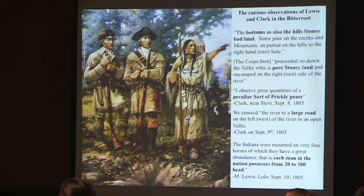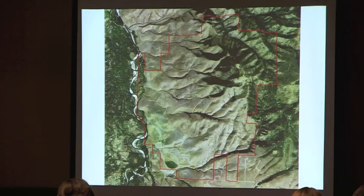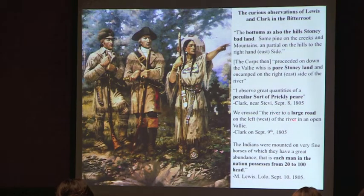They had two guys carrying their dog through the valley because the dog was so pricked with prickly pears that his feet were infested and he couldn't walk. And Lewis was hobbling along. I mean, they were wearing leather moccasins and trying to walk through this huge amount of cactus. Why is there so much cactus? I mean, this land that they're walking through, it sounds like it's better now than then. We've got a lot of cactus, but anyhow,